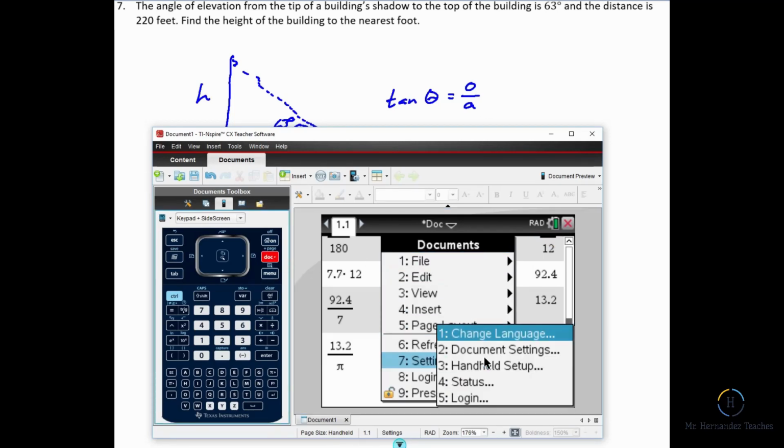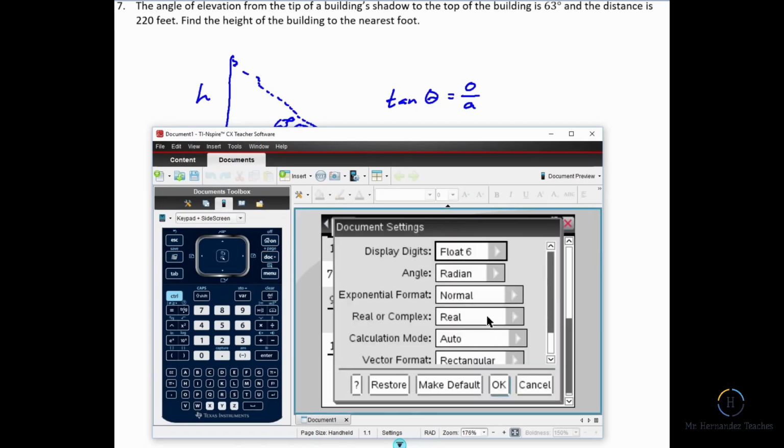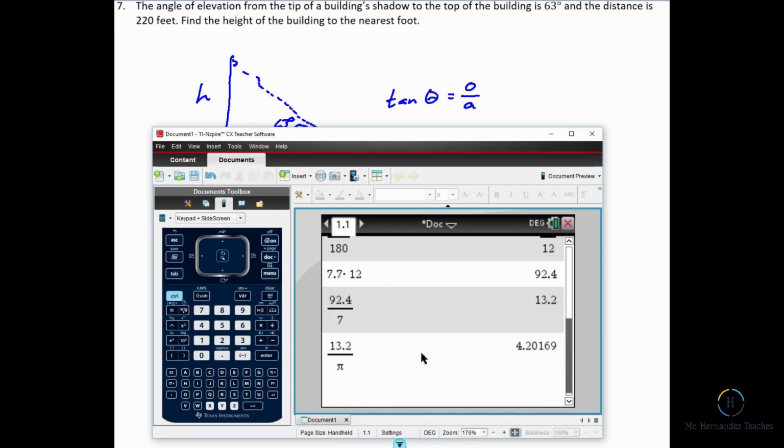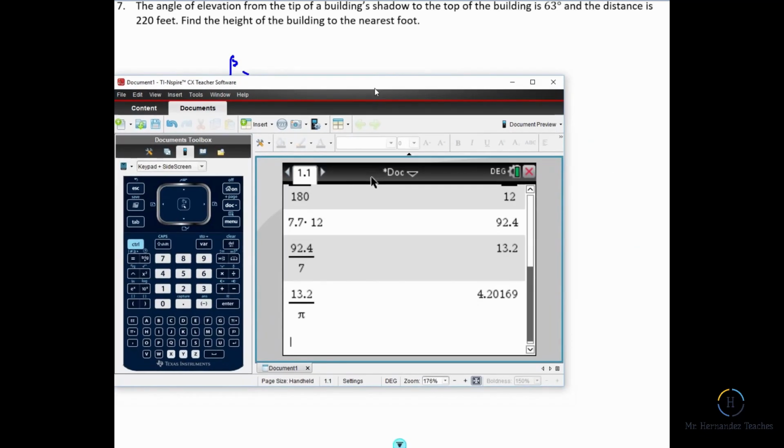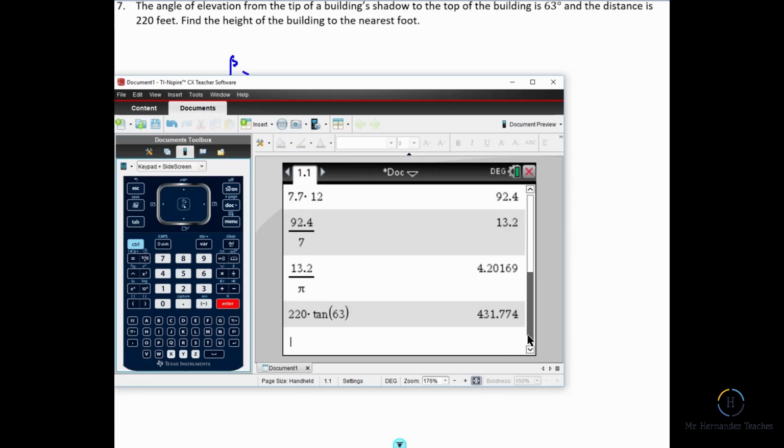So let me change that real quick. Document settings, and change that up to degrees and make that default. Alright, so we're going to have 220 times the tangent of 63 degrees, and that's going to be